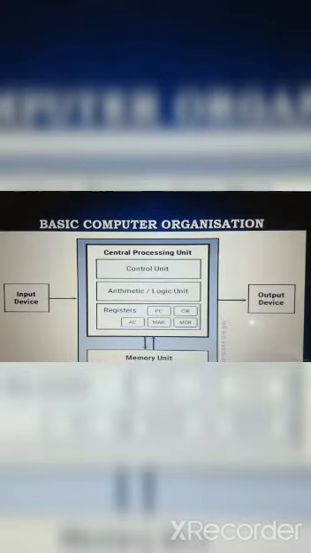This particular work of converting the data from binary language to the human readable language is again done by the output device. And then the second thing is it shows the output to the user with the help of output devices like monitors, printers, etc. So this is the basic work of the input device and the output device.